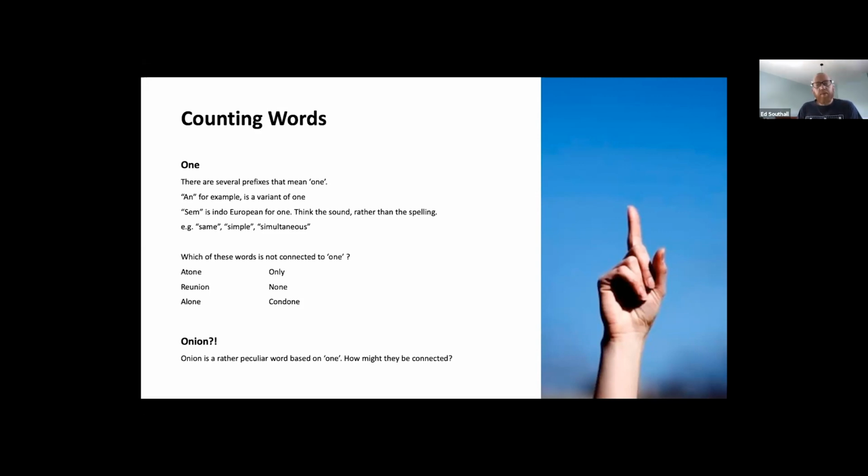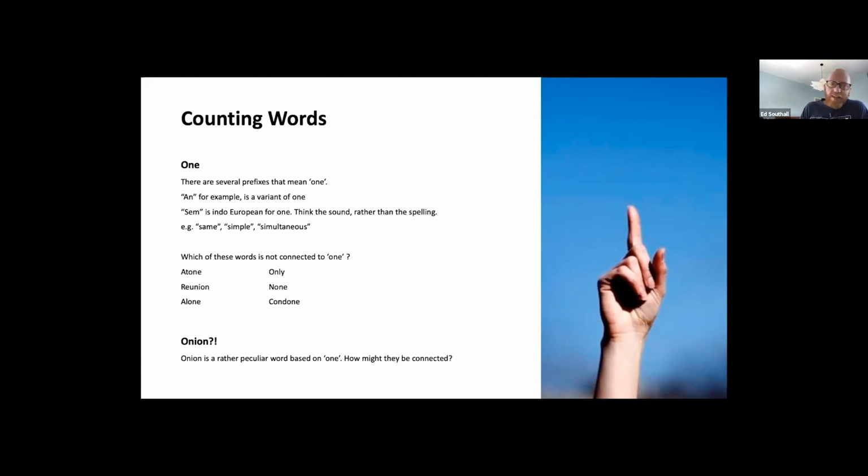And in fact, the most peculiar word that's related to the number 1 is onion. And this is true. It doesn't sound true at all, but it is true. So onion, the on in onion is essentially 1, right? 1 what? Well, if we look at the ion in onion, that's directly related to million, which we'll come across in a moment. So the ion in million means big, and it means big here as well. So onion just means literally the big 1, or a big 1, which is bizarre.